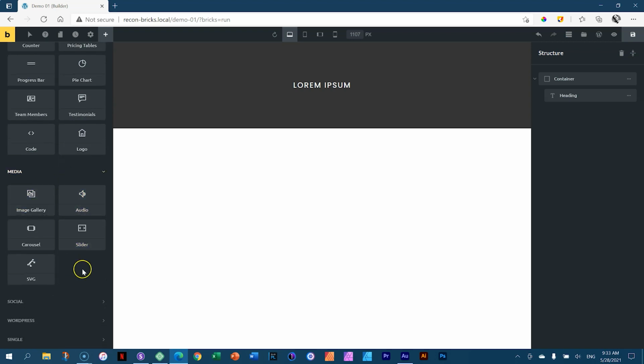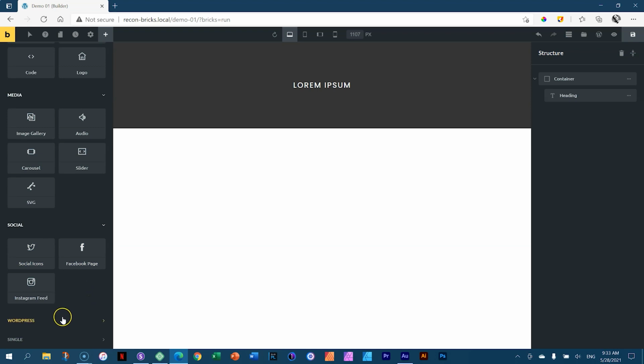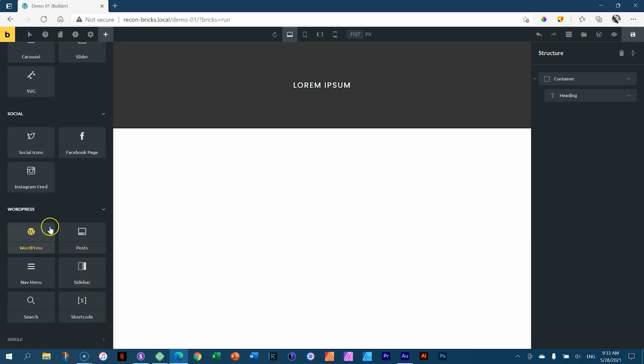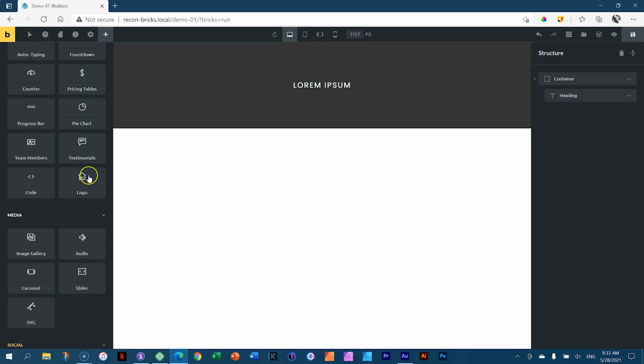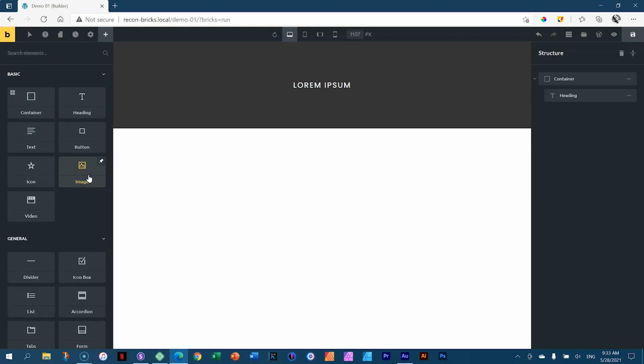Media, you're going to get some containers for carousels and image gallery, Instagram, and Twitter. And then you have also your WordPress. And then under this will come your single posts that you're going to be using for building out any of those dynamic data elements that you will need for your container. We are only going to stick to the basics because that's what we want to do in the reconstruction,